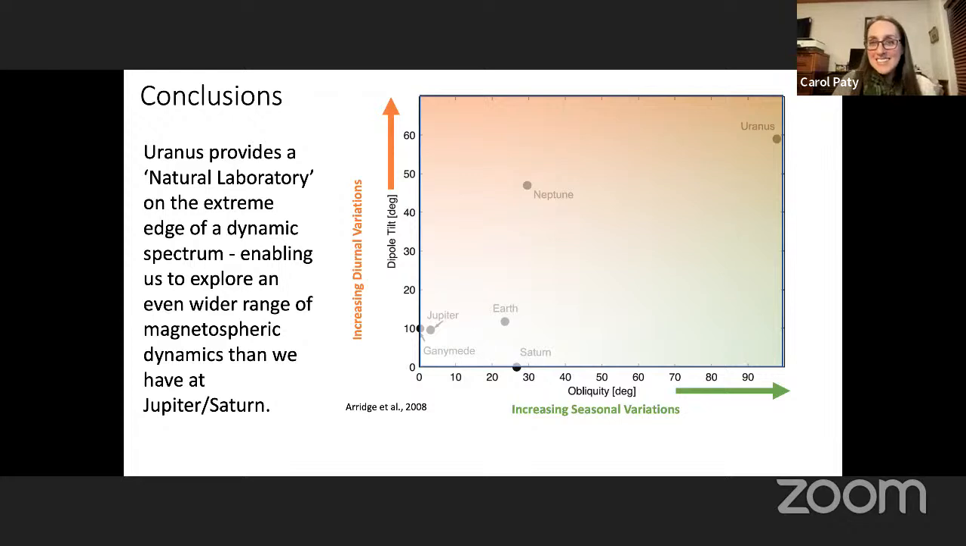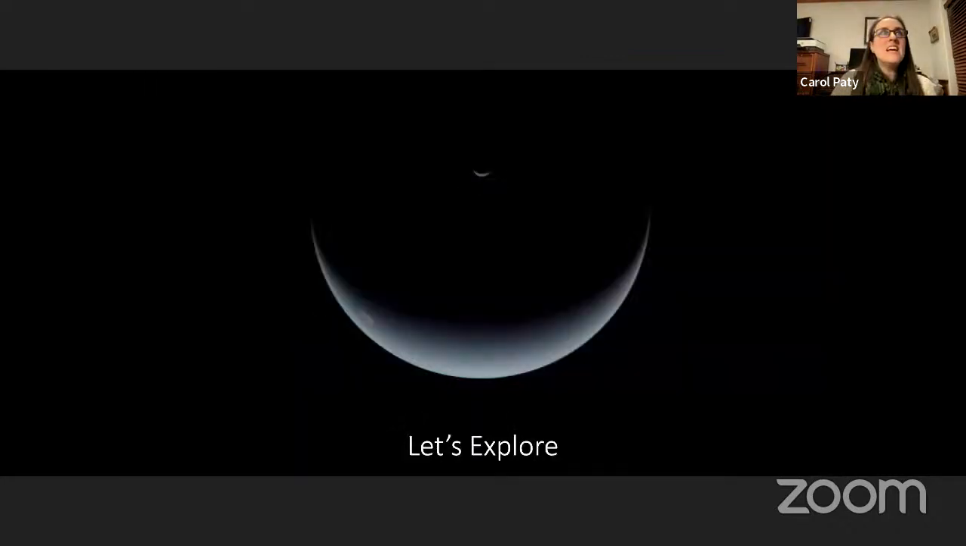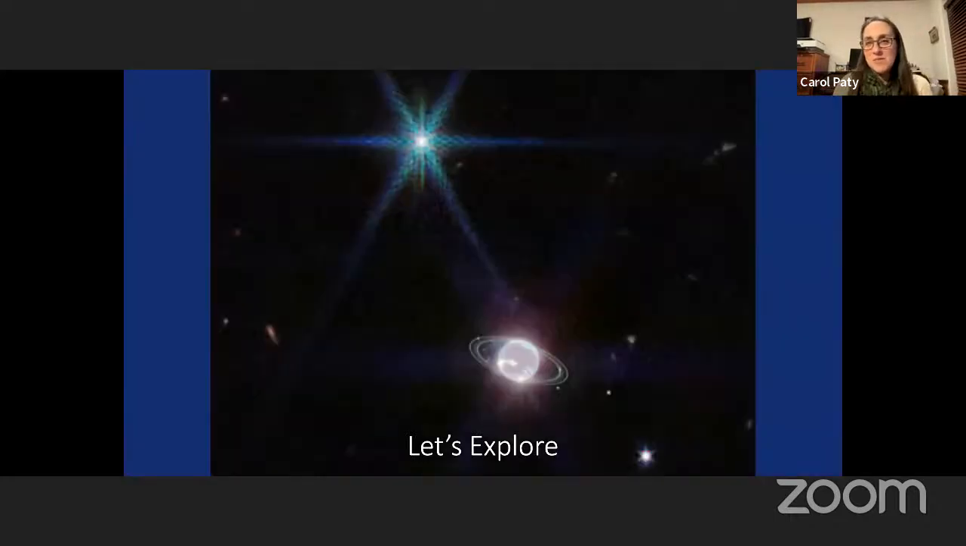So I'm excited to explore it, and I hope that we get there before I retire, because it's the long game to explore the outer solar system. And I usually end with this slide when I talk about Uranus and exploration, because it's a beautiful image. But we've got one better now, and that would be the beautiful image sent back by JWST